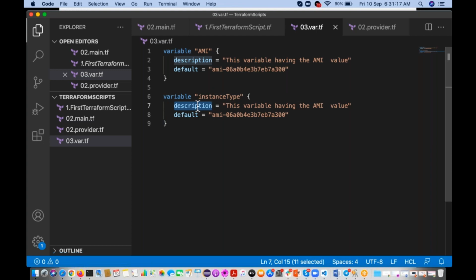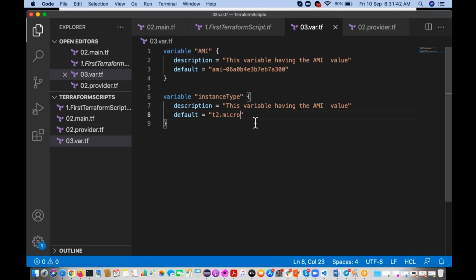Each variable contains the common properties description and default. What is the instance type? We are using t2.micro.